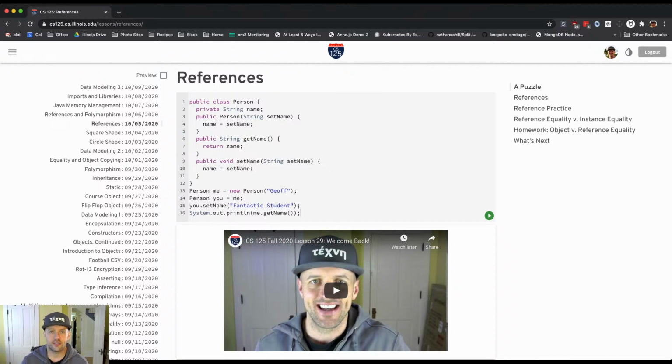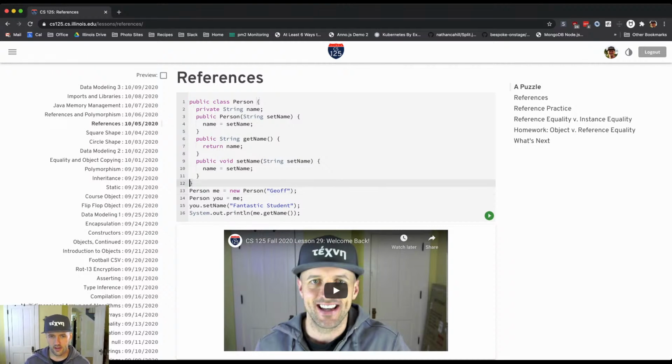We're also introducing a topic that is just tremendously important throughout computer science. References are a concept, an idea that gets used in a variety of different programming languages and in contexts outside of programming languages as well, including some that we'll talk about later this semester. So the first starting point here is to look at this example where